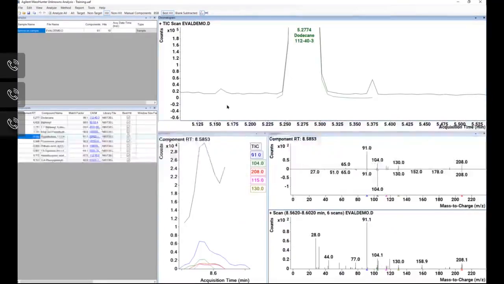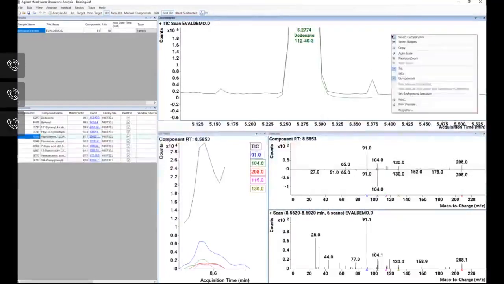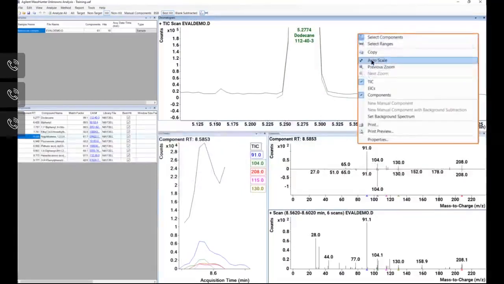And if you look in the qualitative analysis, it will show you the number of scans. If you highlight your peak in ChemStation, it'll tell you the number of scans underneath that peak. For the best quality matching, and especially for deconvolution, you want at least 10 to 12 scans under your peak. Okay, remember, if we want to back out of this, we just right-click and go to